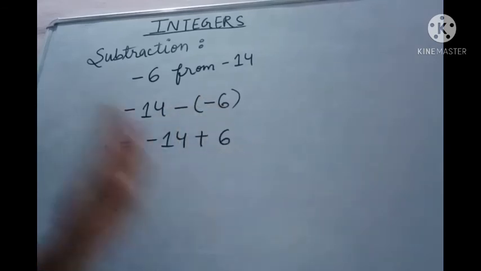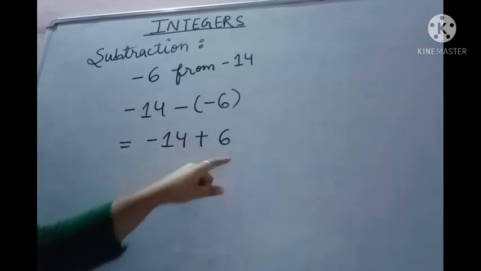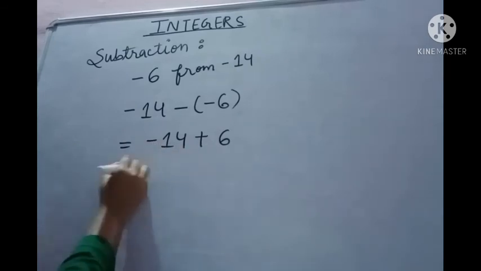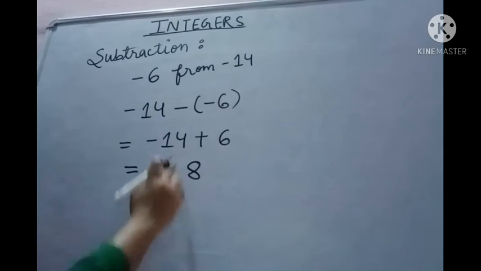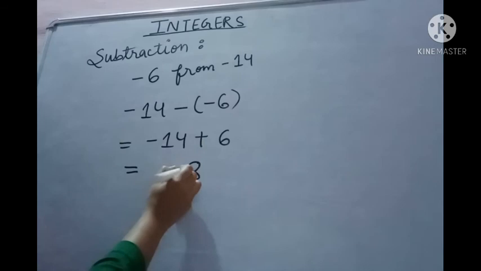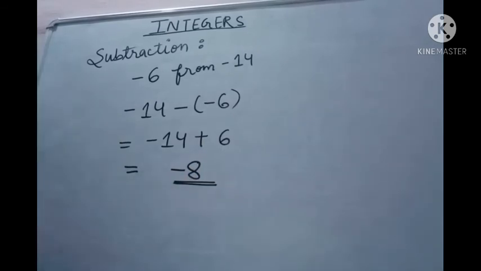ठीक है. अभी just in the previous question I told you, if a number is negative and another number is positive, then you need to subtract the terms. तो 14 में से 6 subtract करो, you will get 8. Which sign should I put here? The greater number is having which sign? Negative. So I am going to put negative sign here. Is it clear? Minus 8 is your correct answer in this case.